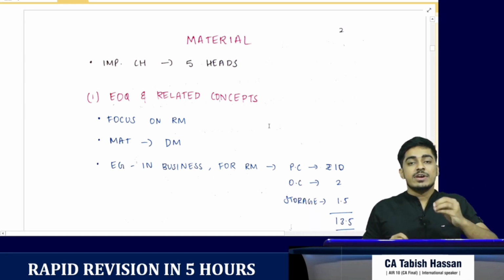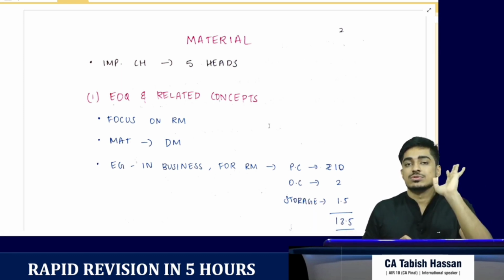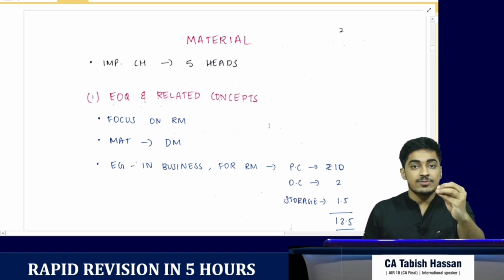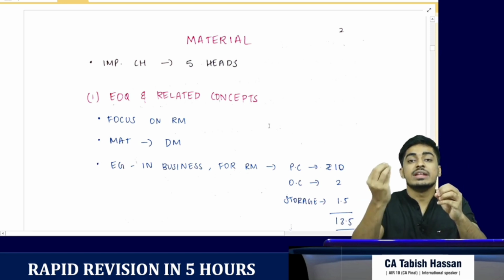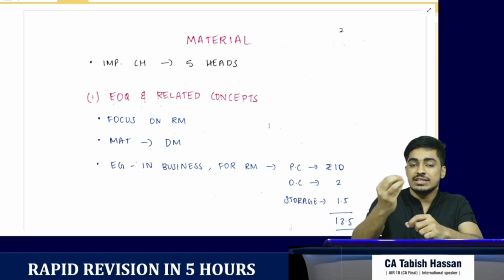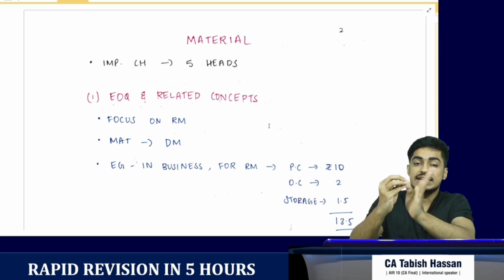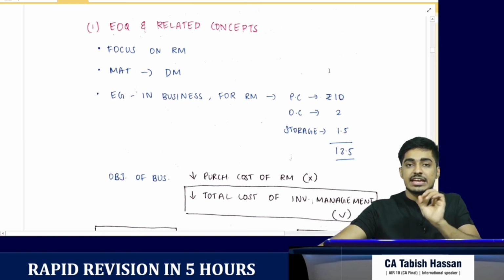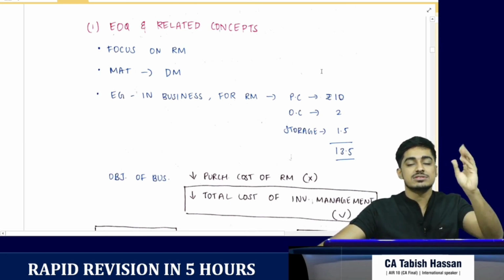Say for example, we are manufacturing 5 lakh units of finished goods. What is the raw material we are using? If it is 10 lakh raw material, our entire objective in this chapter is to calculate the cost of this 10 lakh raw material. Clear? And whenever we use the term material, it means direct material, because indirect material is already covered in